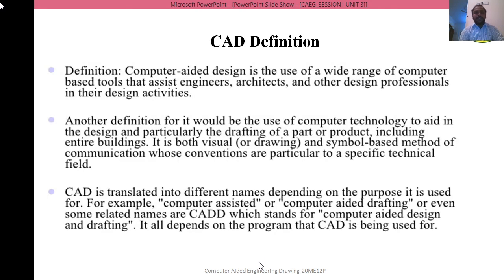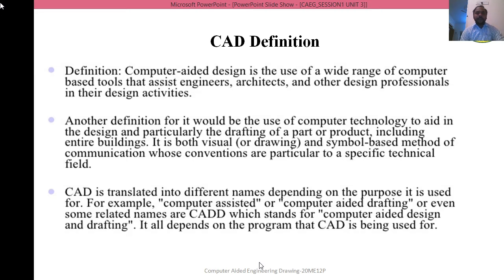Next, a very important topic: CAD definition. CAD is computer aided design. It is the use of computer to help in the creation, modification, analysis or optimization of design. CAD software is used to increase the productivity of the designer, improve the quality of design, improve communication through documentation, and to create a database for manufacturing. So this is the definition for computer aided design.